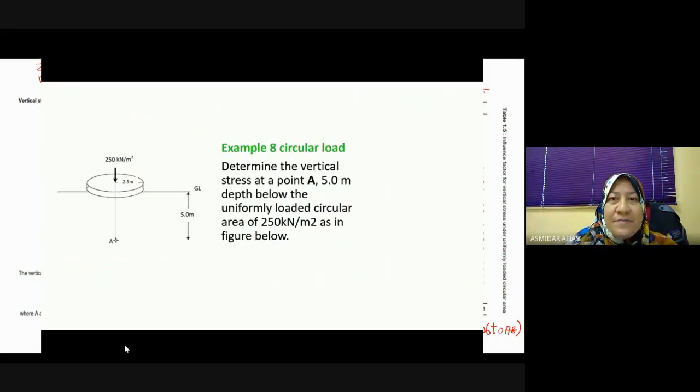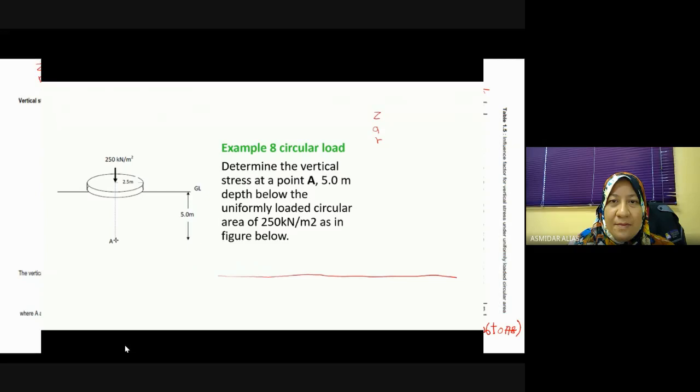Okay, this is example 8 for circular loading. Determine the vertical stress at a point A, 5 meter depth below a uniformly loaded circular area of 250 kilonewton per m squared as in the figure below. So, what we need to do? We need to define Z, A, and R. And then,